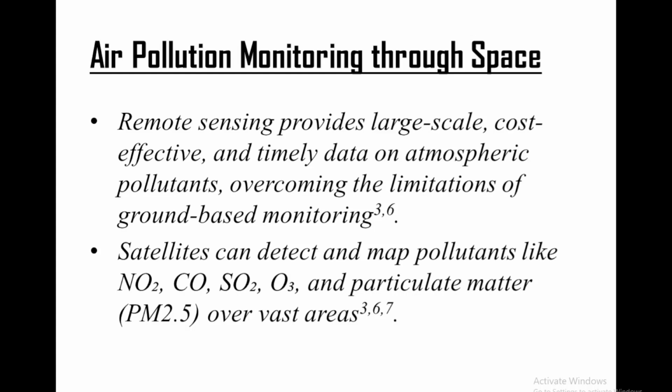But satellite data also have certain limitations. For example, most pollution detecting sensors operate in the visible and infrared spectrum, because of which their measurements can be hindered by cloud cover. If it's a visible spectrum that is being used by the sensor, then what is going to happen? If there's a cloud cover, then beyond the cloud cover or beneath the cloud cover, to what extent the air is contaminated, we won't be able to see, because this visible spectrum will be reflected back into space by these clouds, isn't it?